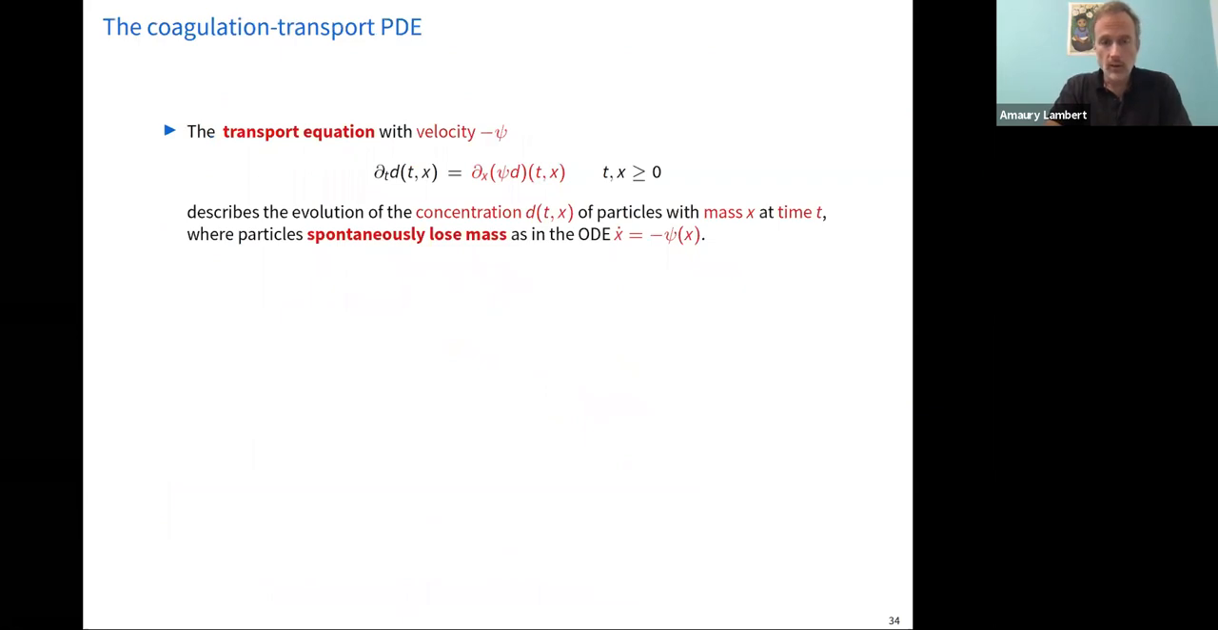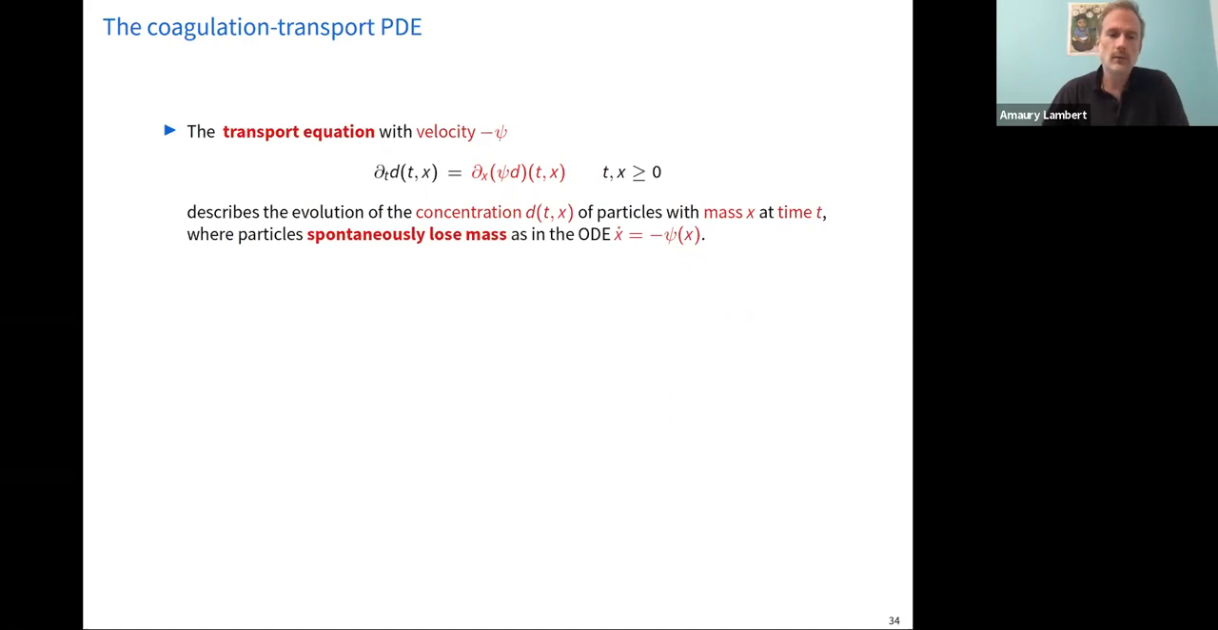So here are the PDEs that I will use in the next slide. So let me first introduce the transport equation with velocity minus psi. It's the partial derivative of d with respect to t equal to the partial derivative with respect to x of psi times d, where d is the unknown and describes the evolution and is the concentration at time t